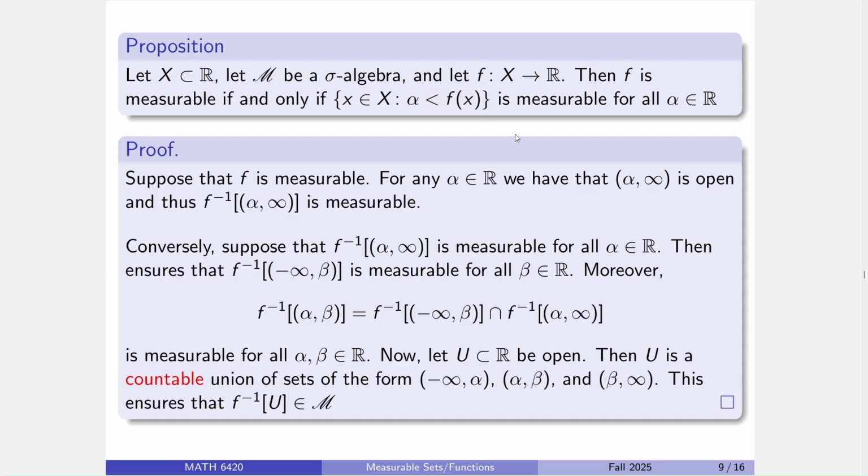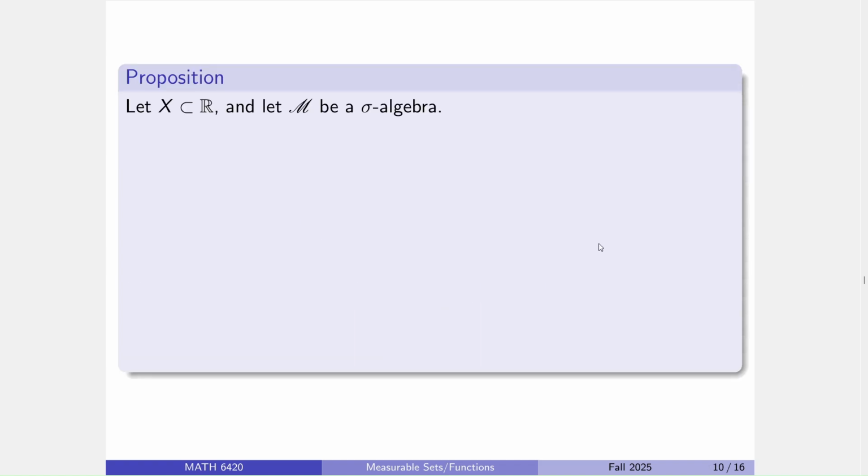Continuous functions have that property, but there are functions that fail to be continuous that will respect the open rays. They'll disrespect other open sets, but the open rays they respect. That's precisely measurable sets. Cool. And like I said, this is sort of the classic quintessential characterization for measurable functions. Now that we're equipped with this, we can go ahead and prove a bunch of facts about measurable functions, about how to make some measurable functions, shall we?